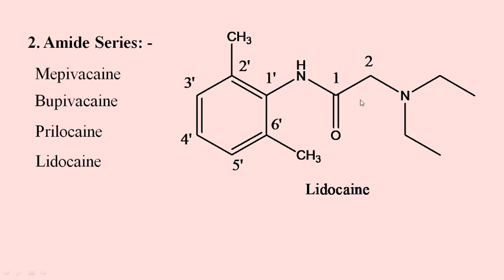Lidocaine, an aminoethylamide, is a prototypical amide local anesthetic. Lidocaine is an alternative choice for individuals sensitive to ester type local anesthetics. If somebody is sensitive to ester type local anesthetics, we can give lidocaine. It is an amide. Lidocaine has a wide range of clinical uses as a local anesthetic. It has utility in almost any application where a local anesthetic of intermediate duration is needed. Lidocaine also is used as an antiarrhythmic agent. If you have studied the drugs in the antiarrhythmic class, of course you will see lidocaine there.